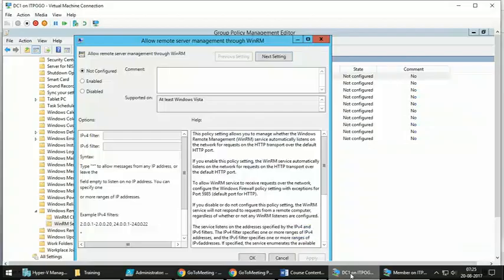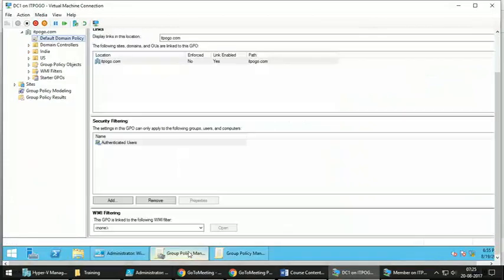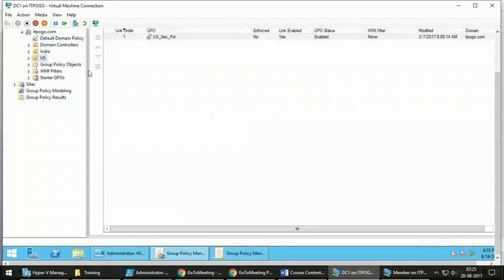That is not how you apply group policies. How do you apply group policies? You create a group policy object. So this is the group policy object which is created. You can link this group policy object to a domain or to some OU. Currently it is linked to the entire domain, so all the servers within this domain will get it. But if you want to link this only to one particular OU, like India OU or US OU, you have to link the policy object here.